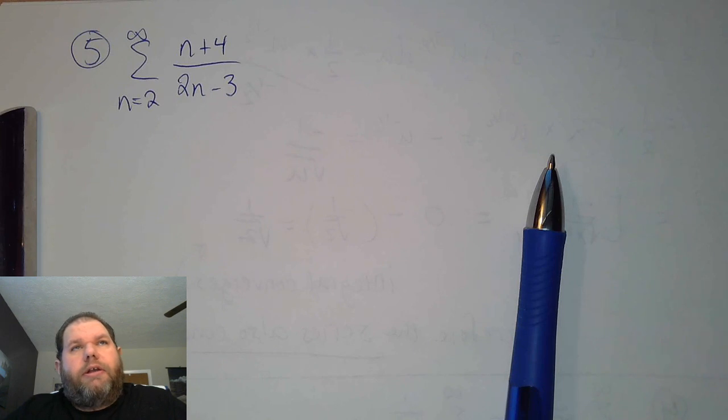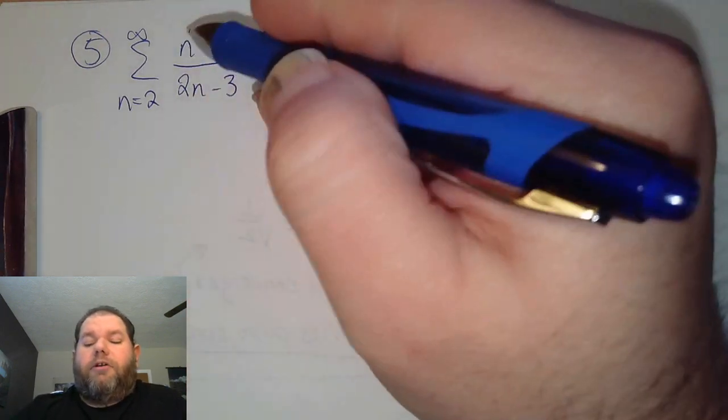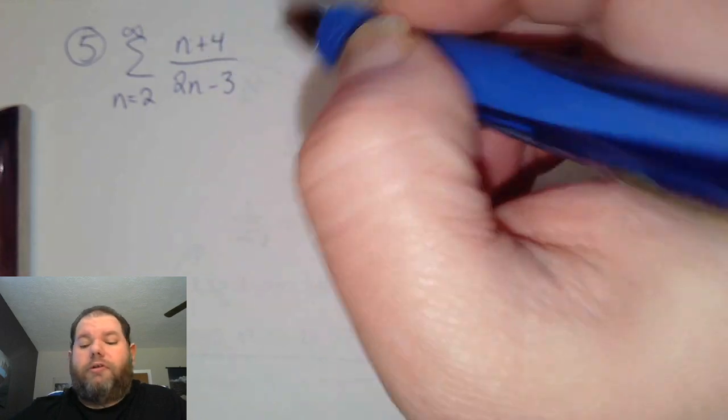Either one, it is a limit comparison test, or two, it is an nth term test. What indicates which way to go is the exponents. If the top has a lower exponent than the bottom, then we can use a comparison test. But if the numerator has the same exponent here or larger,